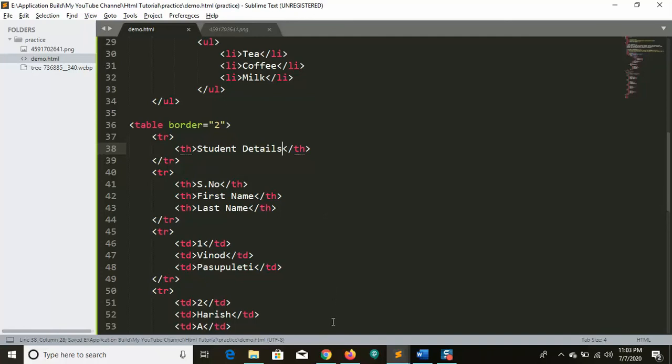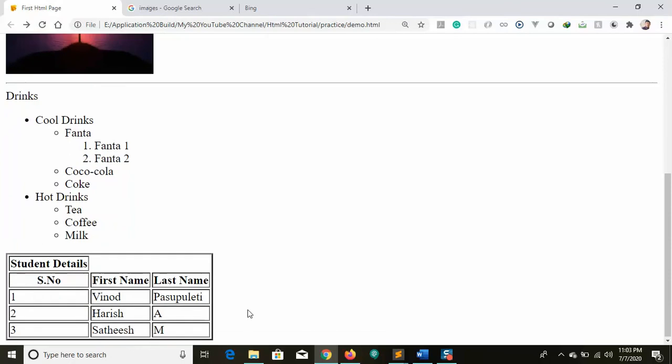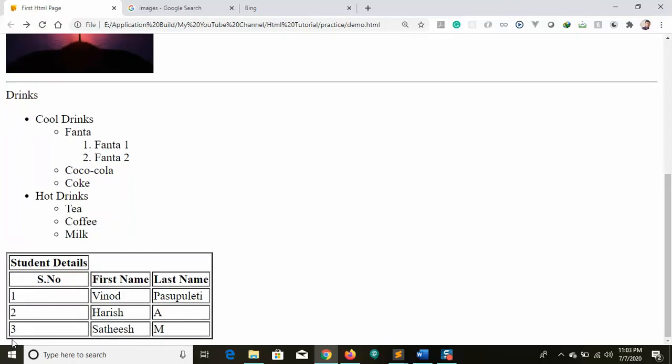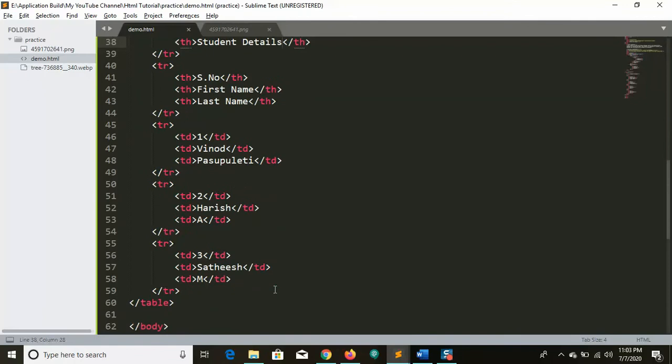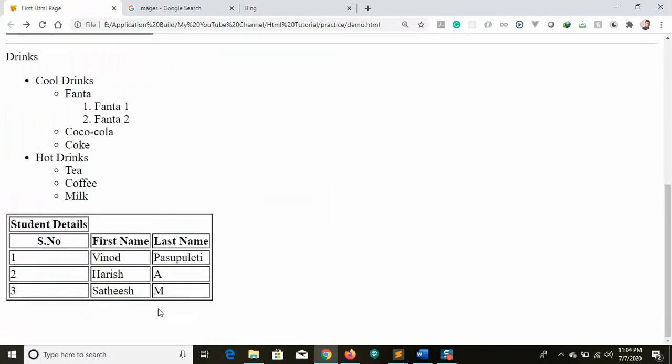Save and run. How it displays. It might look a bit clumsy, right? Let me add a break, so then this table will come up. We'll have some space at the bottom, so then you can know. Let me give 3 breaks. Copy, paste, paste. Three breaks, save and run. Yeah, so we have some space at the bottom.